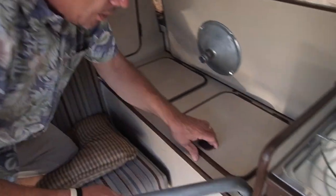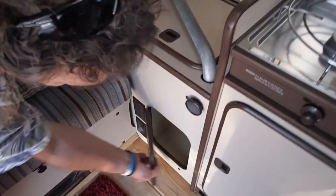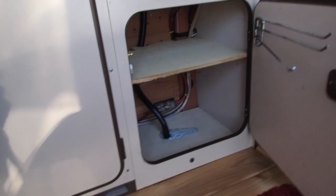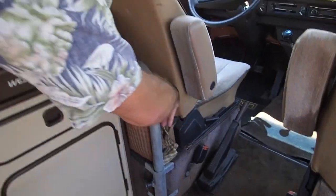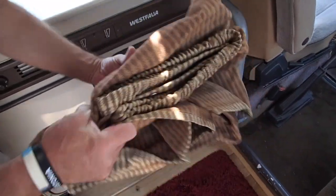Lots of storage, storage, and then I normally do storage down here with pots and pans and that. This is the cover that goes in the front windshield, which will cover and completely give you privacy. As you can see, the top is in great condition. It does have a little sunroof. This will come forward,